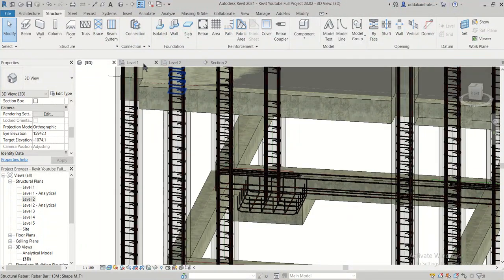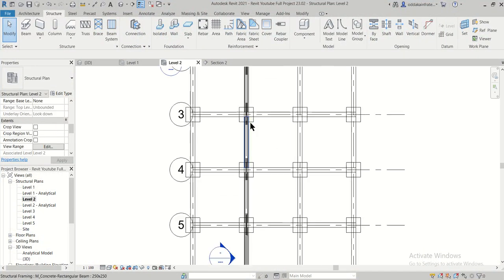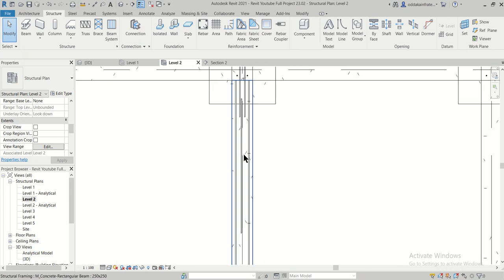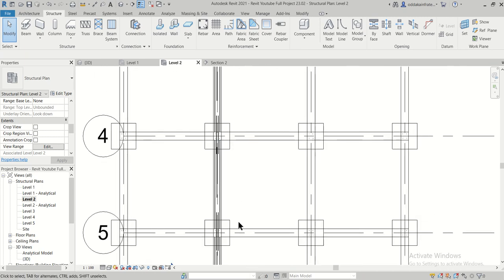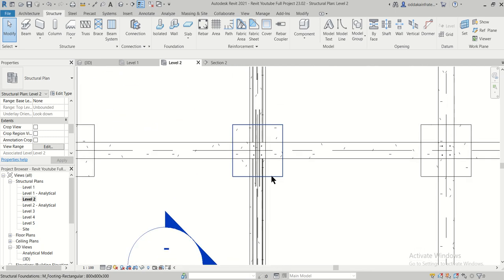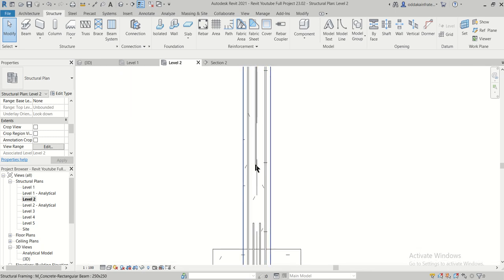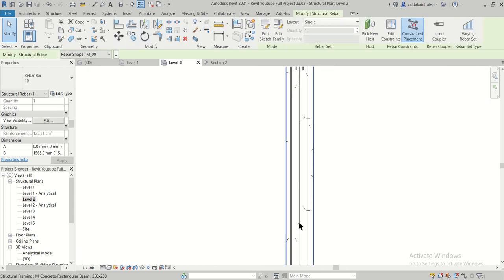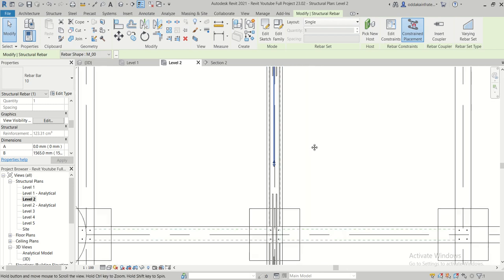As you can see here, go back to level 2, and then we'll just check if there are any things which need to be changed, we can do that. So this particular reference was a bit off, it needs to be changed, so we'll just select all the rebars one by one.